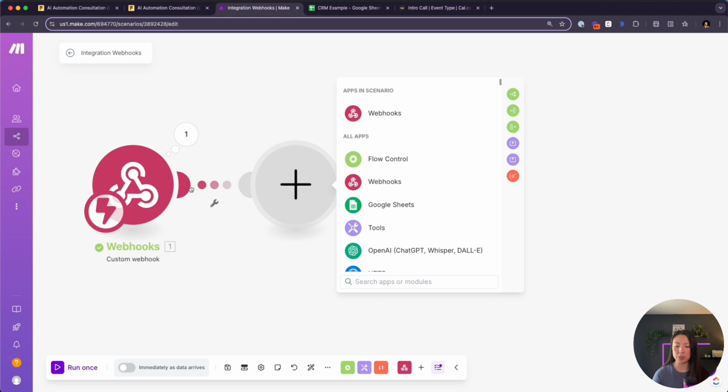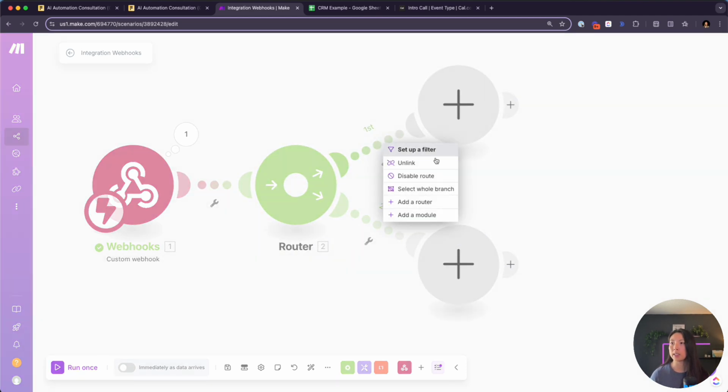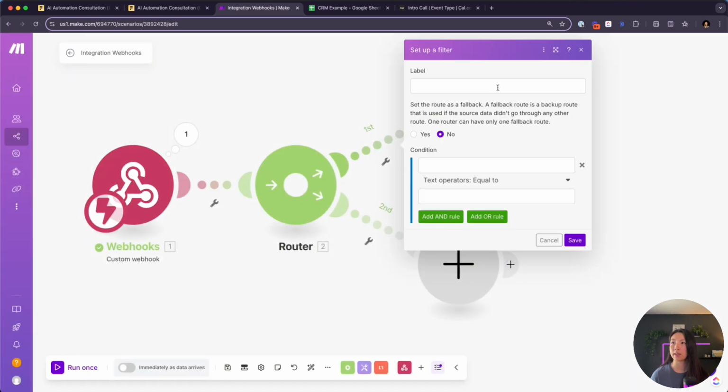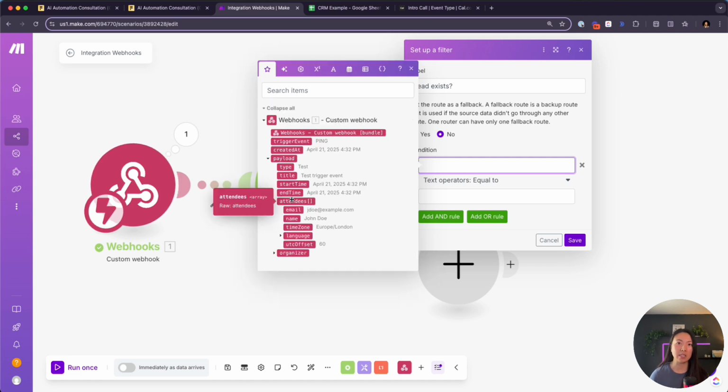So let's go ahead and do a router. And in this case, we will name this path. Just go ahead and click on it. Lead exists. And then the condition that we're looking for. So it'll likely be the email address, right? So if the email address